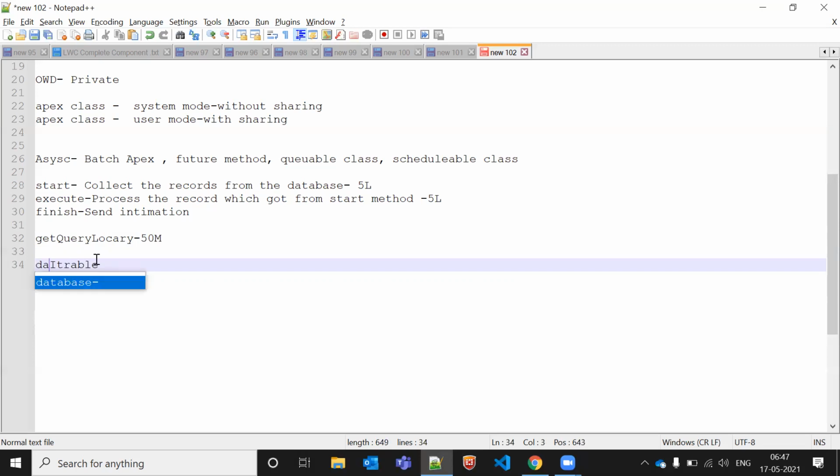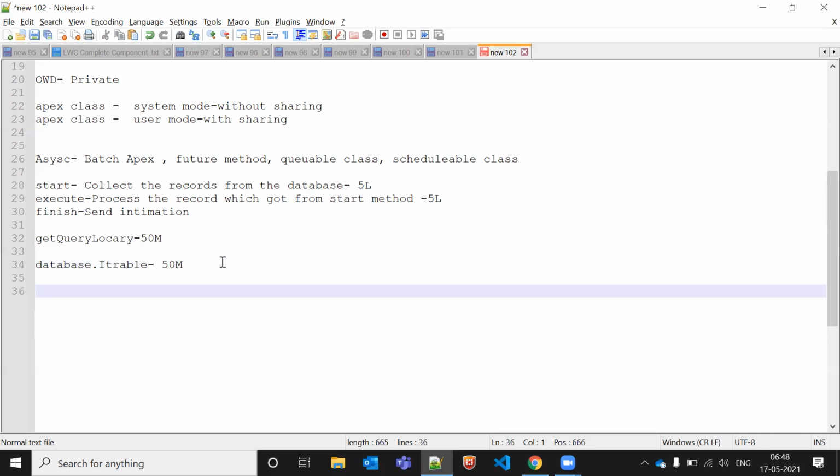What is Database.Iterable? Database.Iterable means it processes records up to 5 million, which helps decrease the governor limit in your batch apex. Then Database.AllowsCallouts is generally helpful to do the integration with a third party.